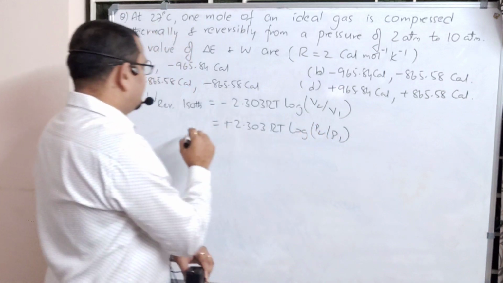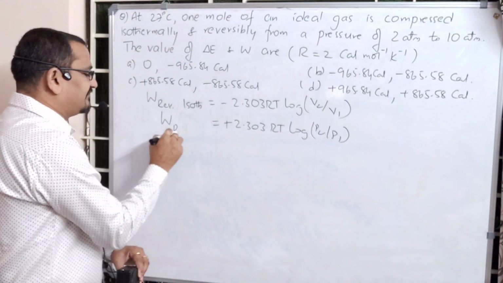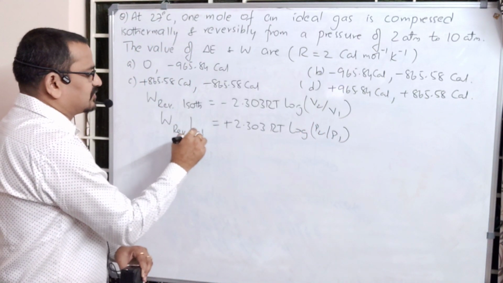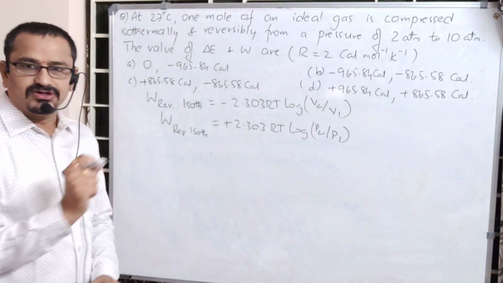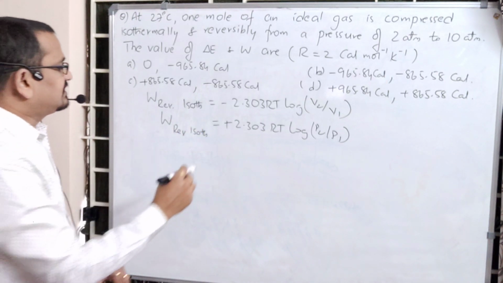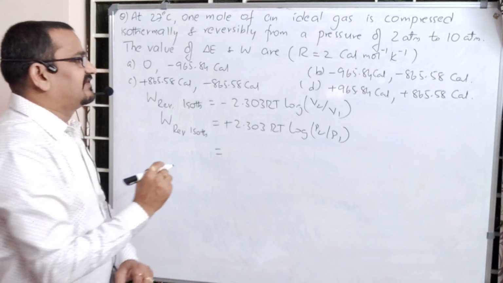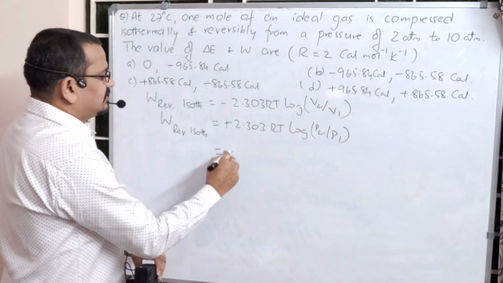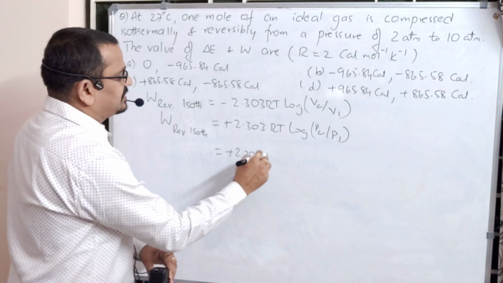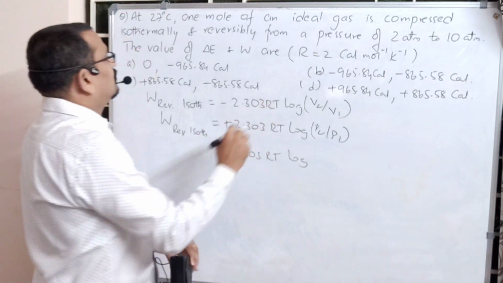See, this is work done in a reversible isothermal process. Now, on substituting the values, here it is plus 2.303 RT log,